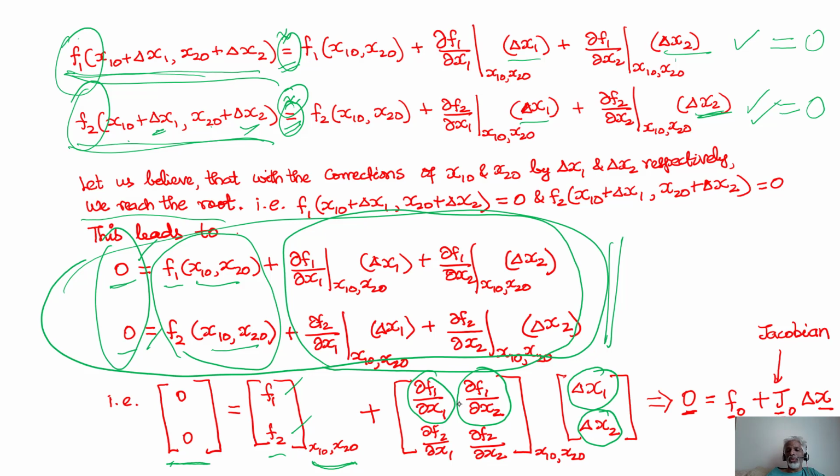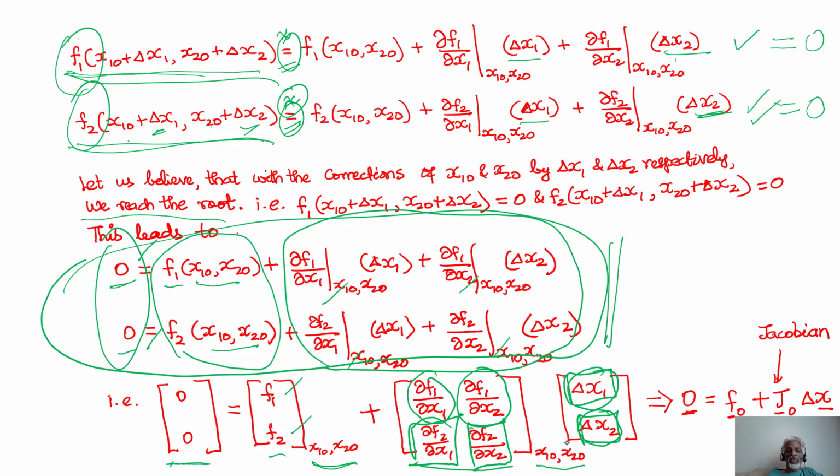All right, so I hope this makes sense. And then for the second equation, it is going to be dou f2 by dou x1 times delta x1 plus dou f2 by dou x2 times delta x2, preserving these two equations properly. And these partial derivatives, every time, are evaluated at x1 naught and x2 naught, the current values of x1 and x2 that we have. Therefore, the elements of that matrix are going to be evaluated at x1 naught, x2 naught.